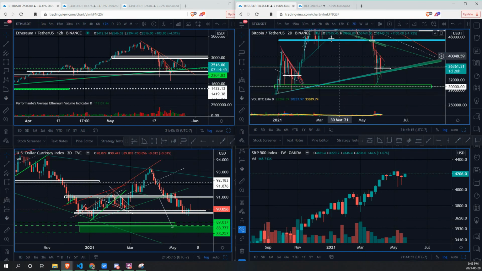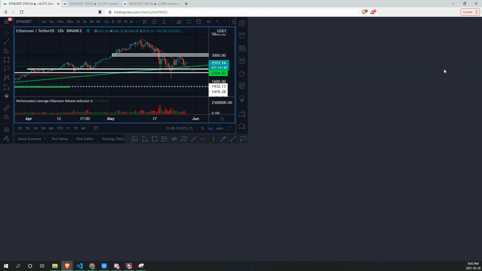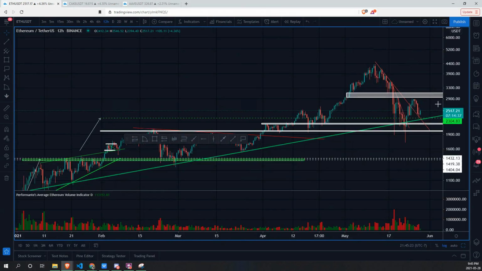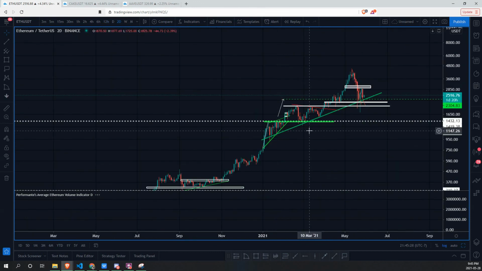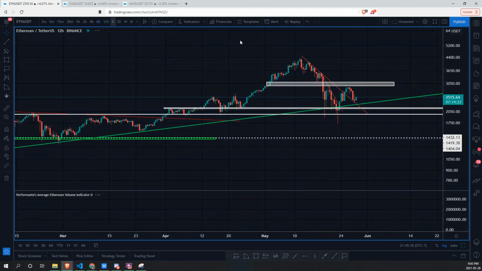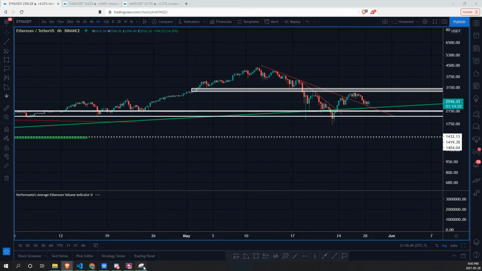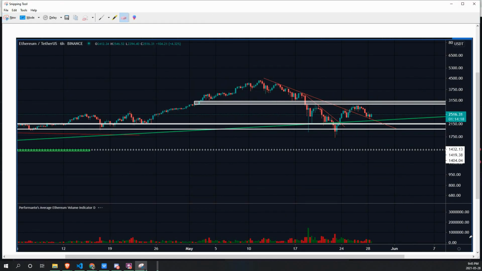So now let's look at some alts here. This is BTC. Let's now look at Ethereum. Let's zoom that in. And you see this nice, on the 2-day, very well-respected ascending support that has held very well. You see a potential reversal looking at a smaller time frame. Not going to go as much into detail here just because BTC is the main one that I think will be bottoming first. And then once we see BTC really take charge, then we'll look closer into the alts to see what we're able to identify.